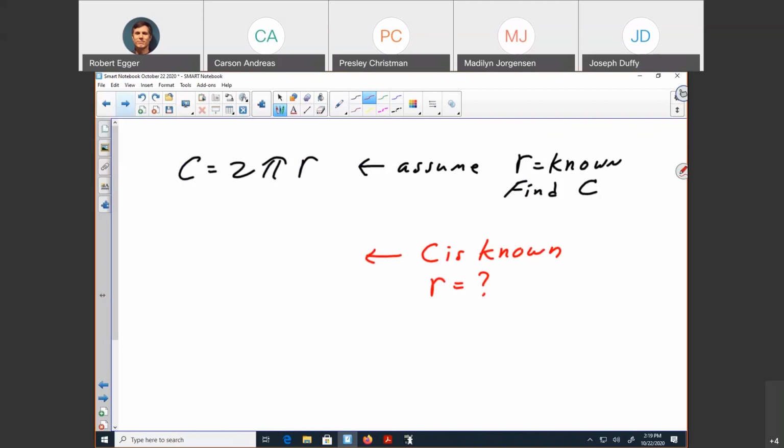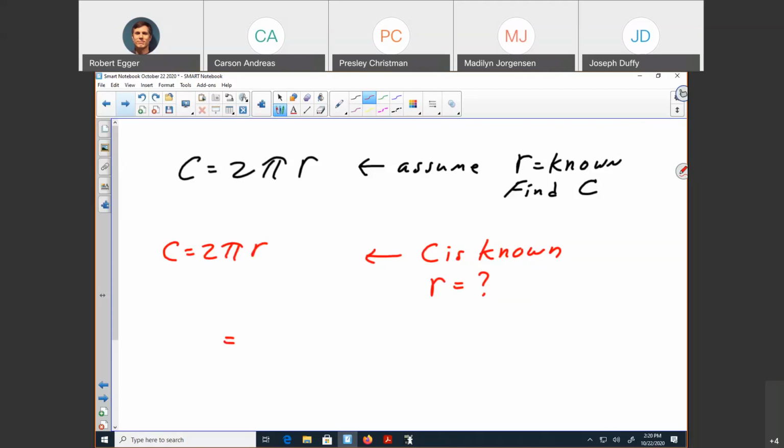I have a lot of formulas memorized, but I usually memorize the easiest form of the formula. Because if I have the problem in red, I know my circumference, I want to find r. Well, I'm not going to memorize the formula for r. I'm going to know c. Okay? I'm going to start with this guy,